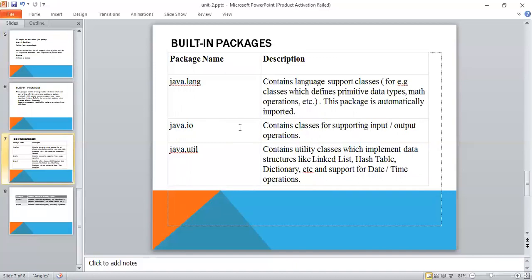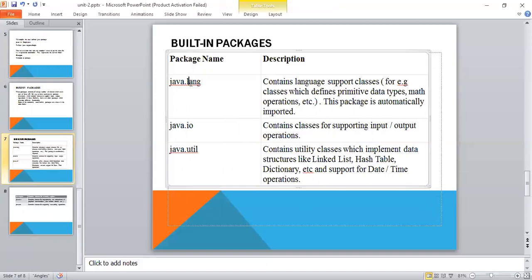This package contains language support classes, for example, which define primitive data types and math operations. Whenever you are implementing any mathematical application or any of the primitive data types, you import the java.lang package.